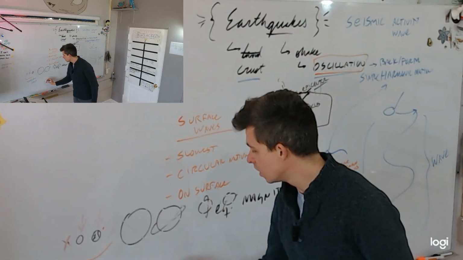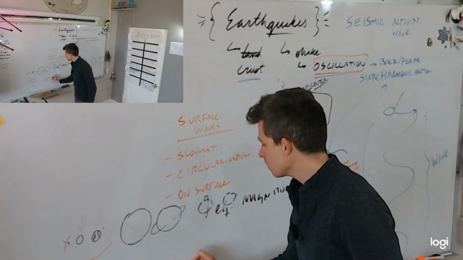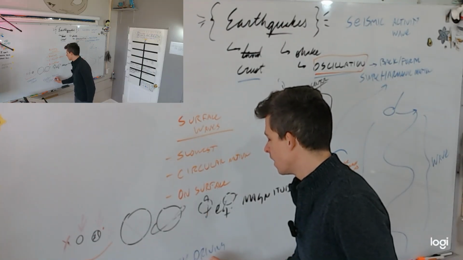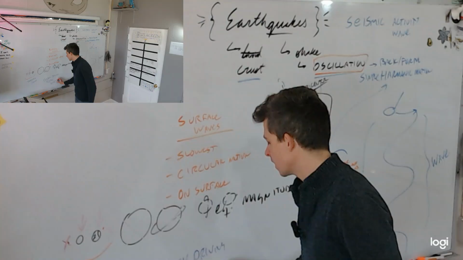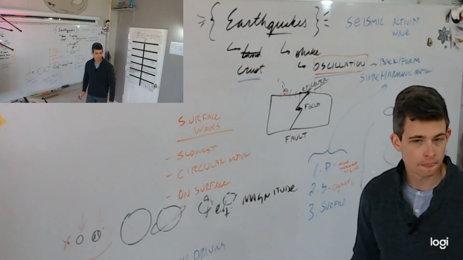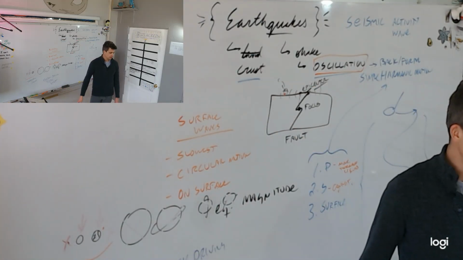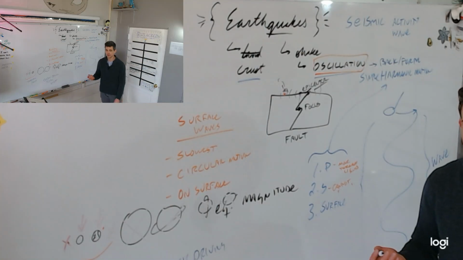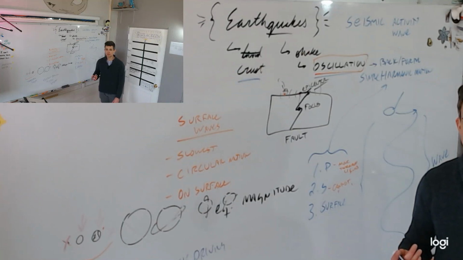So let's write that down. The energy driving tectonic activity. Do you know what I mean by tectonic activity? Give me some examples. Give me two examples because there are basically two examples. Oh, okay, sure. Convergent and divergent plate boundaries. Sure. What else? I was thinking of two different examples, but what are the symptoms of tectonic activity?